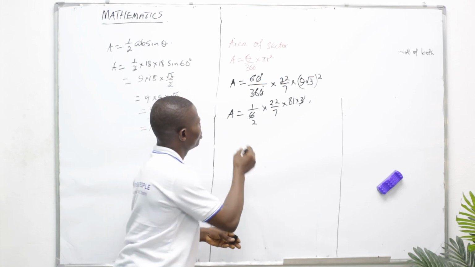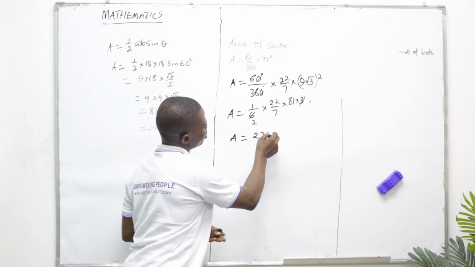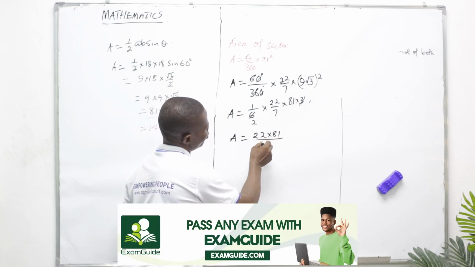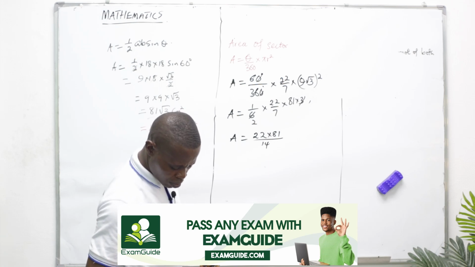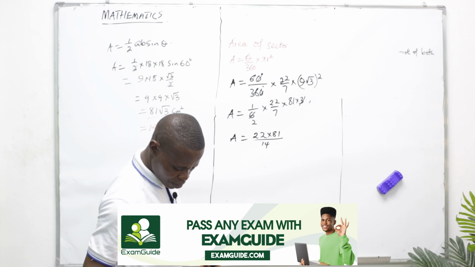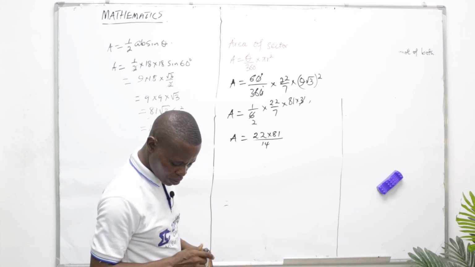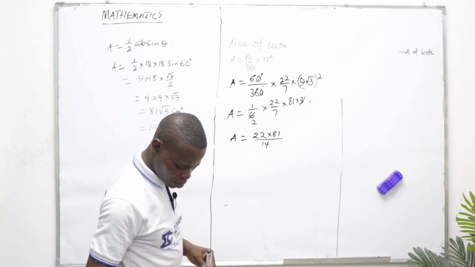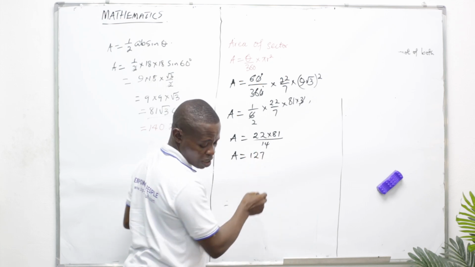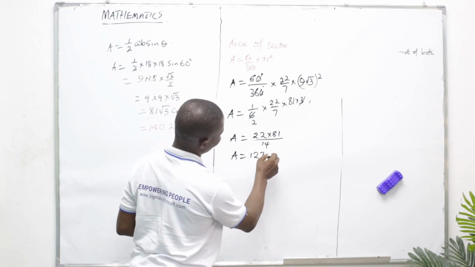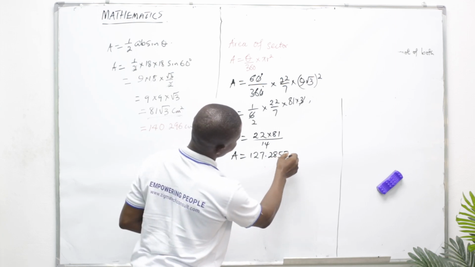So area equals 22 times 81 all over 14, into 2 times 81 divided by 14 equals, area equals 127.28571